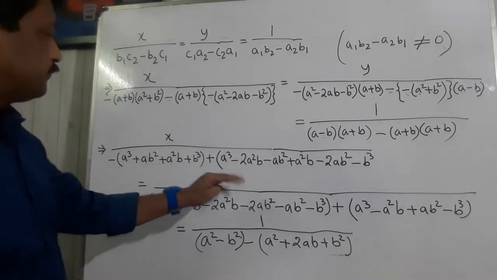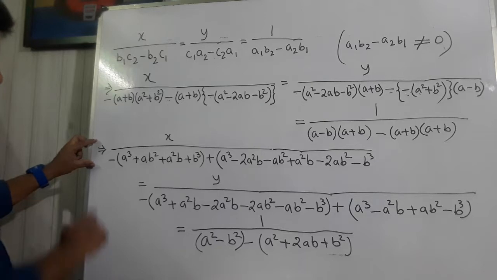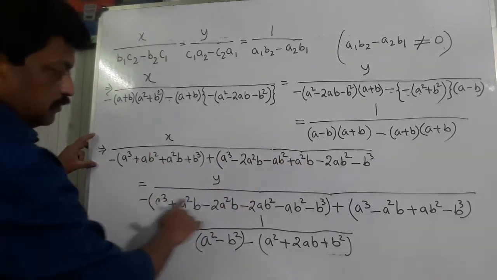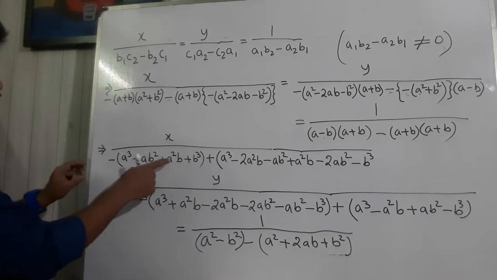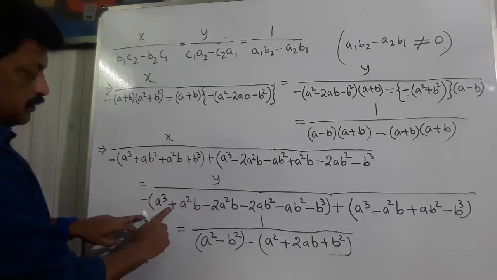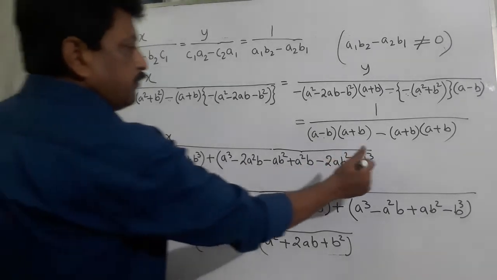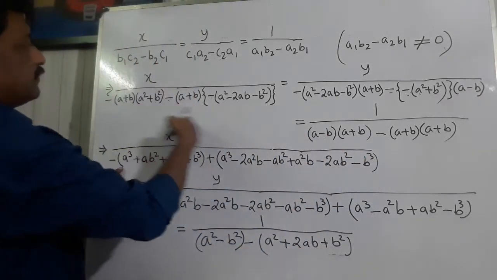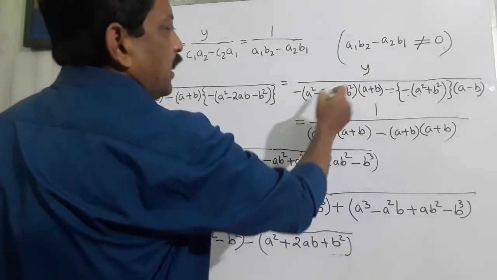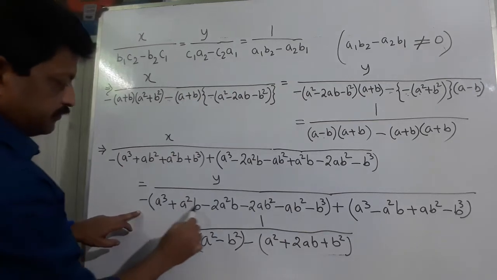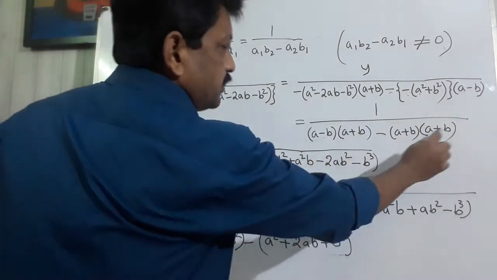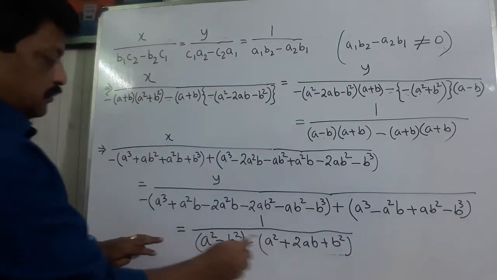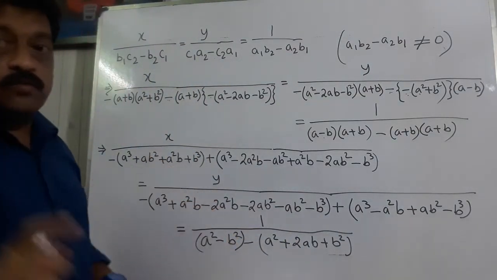Now see the whole thing. This is only one line. All these three make one line only. Remember that. This is the calculation. This is the calculation for first part, this one. Then y by this calculation is here, the whole thing. And then the third part, 1 upon this, is calculated here. So all this makes one single line.